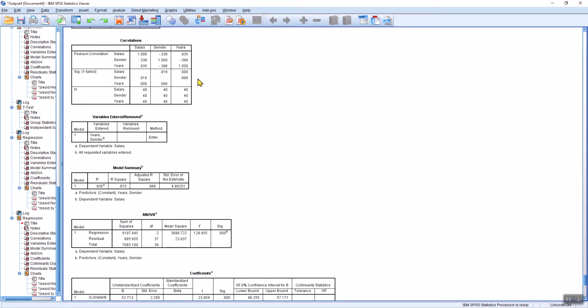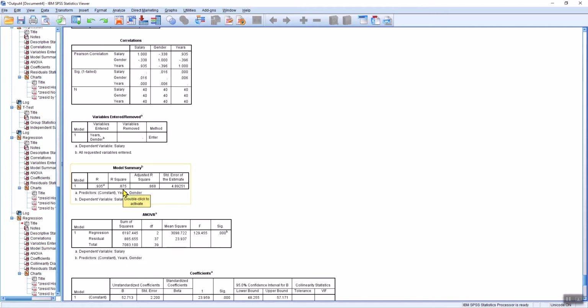Okay, so now my collinearity statistics are going to be included in the table. They weren't before. But let's just start from the top. So we have our correlations up here. The model R, 0.935, and R squared. So we're explaining